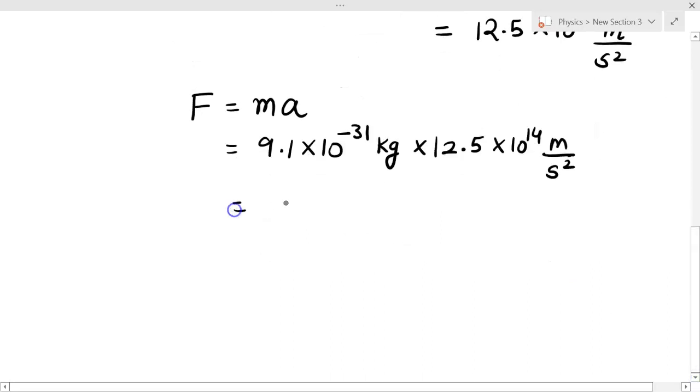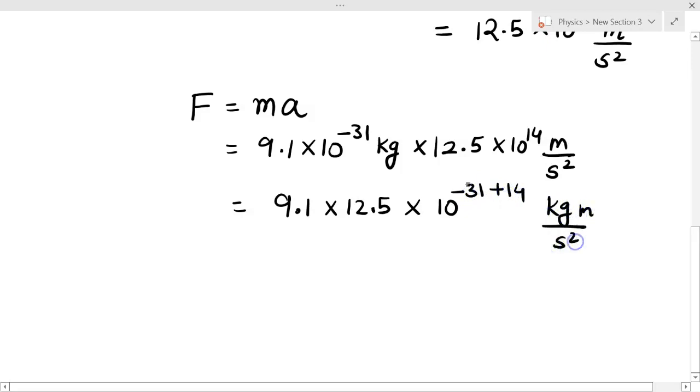Now here we will multiply 9.1 by 12.5 into 10 to the power minus 31 plus 14 kg meter per second square. Note that the powers of these 10 will add. So this is minus 31 plus 14, which will be minus 17, and 9.1 into 12.5 is